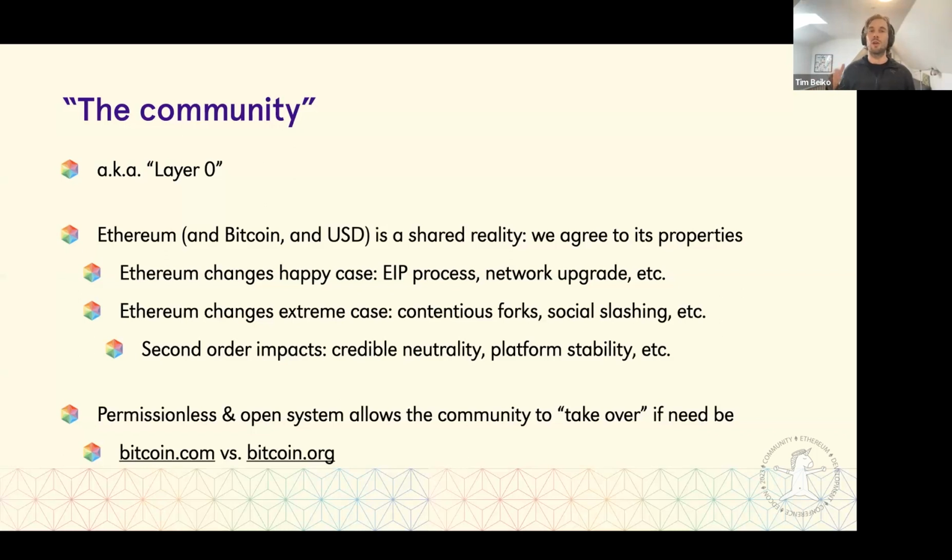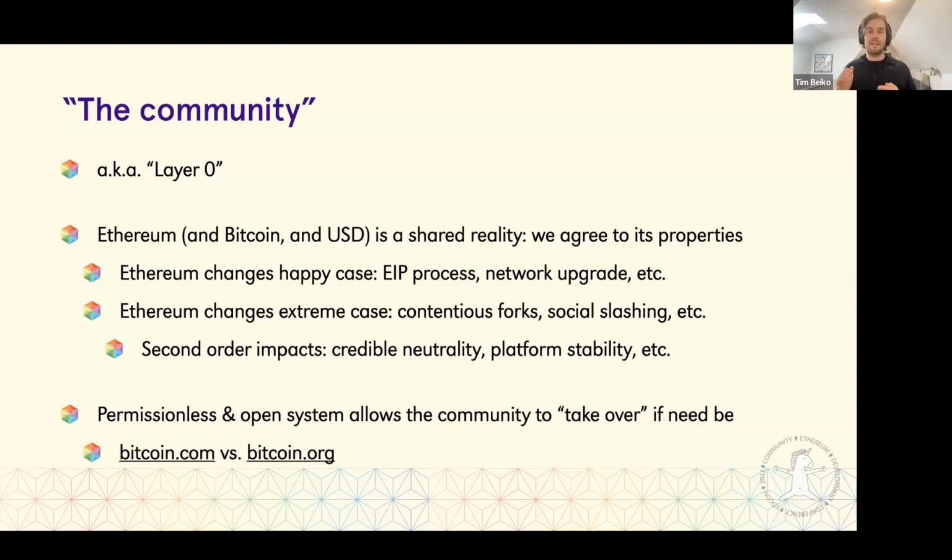And there's no protocol, or no clean way to resolve those things, but they are at the end of the day the more powerful, right? The community is the most powerful, most diffuse thing, where we can all come to consensus on what is Ethereum and what the trade-off space is in a given situation where there is an extreme case like a contentious fork or something like that.